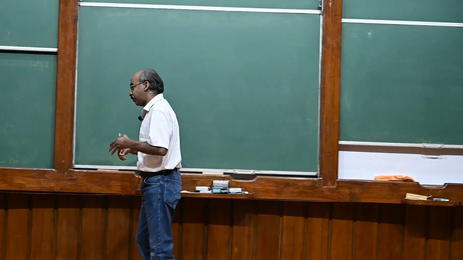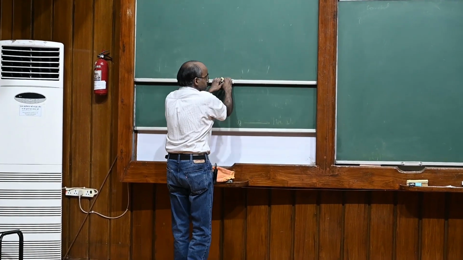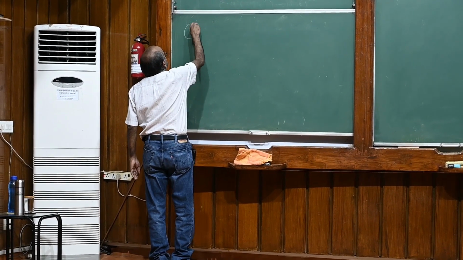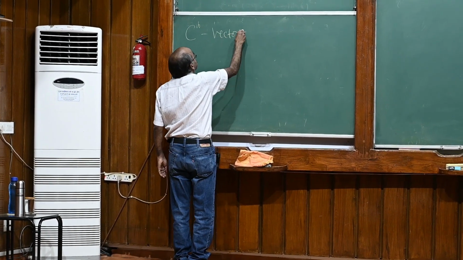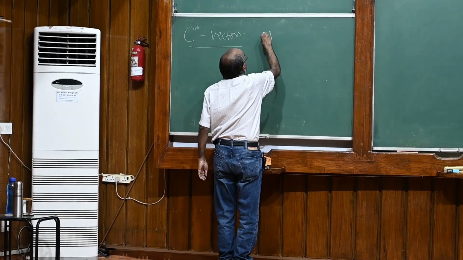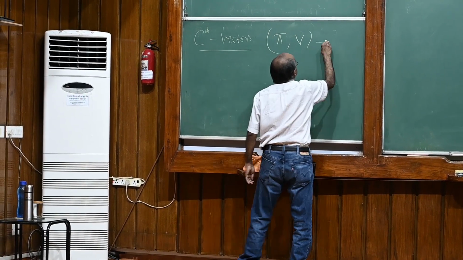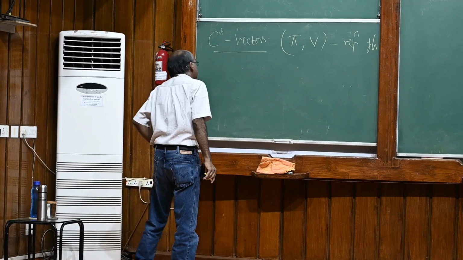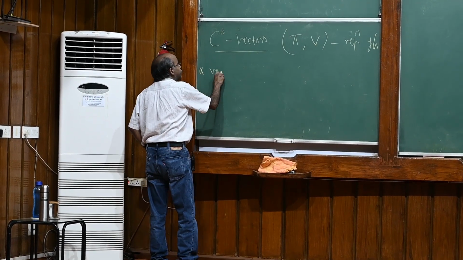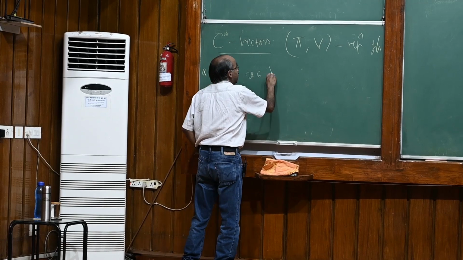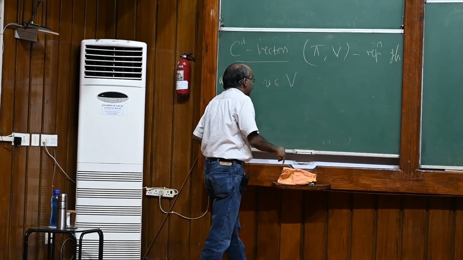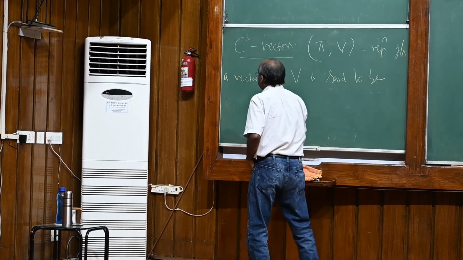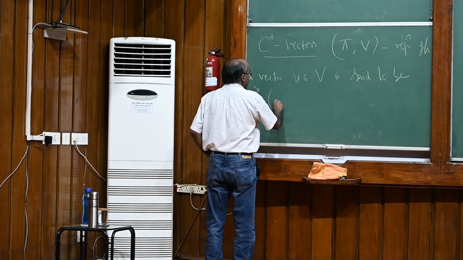Alright, so we start with C-infinity vectors. So I have a Hilbert space representation of G. A vector v in the space V is said to be C-infinity, sometimes we say smooth, if